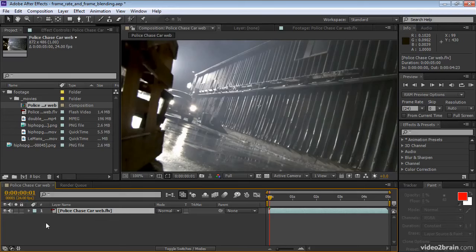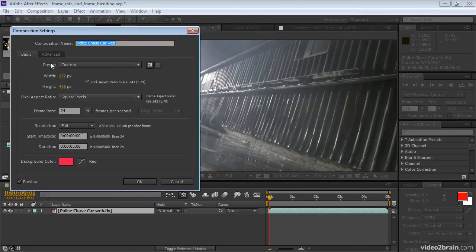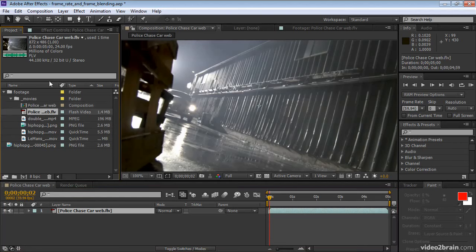But if we make this composition have different composition settings by choosing Composition Settings, and setting the frame rate to 59.94, for example, then, in this case, After Effects will make that request 59.94 times per second, asking each footage item to give its information that is current at that time. So, in the case of this police chase car, which, as we said, has a frame rate of 24 frames